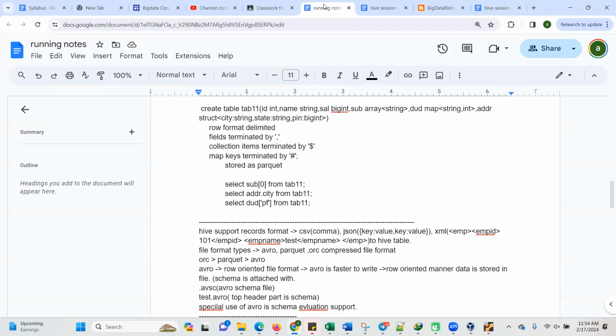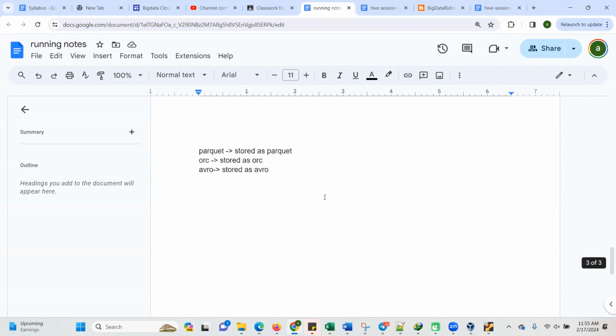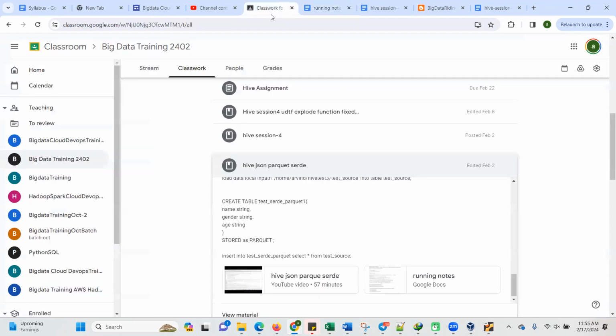On the other hand, once the data is transferred, the data is converted back into the primitive data. So SerDe is basically the same as in other programming languages, but here we are not doing any programmatic approach. We are just creating our table of different SerDe types, like JSON SerDe, CSV SerDe, XML SerDe, and then